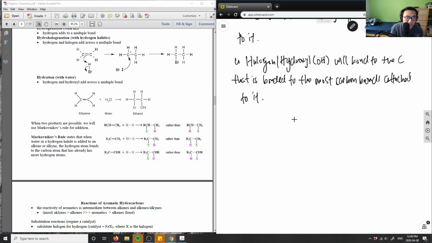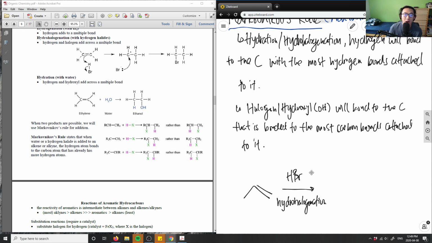My example here is propene. So this is propene here. What I'm going to do is an example with a halogenation and a hydrohalogenation or hydration. Sorry, let me do a hydrohalogenation first. So this is HBr, hydrohalogenation. Again, Markovnikov's rule states that my hydrogen will bond to the carbon with